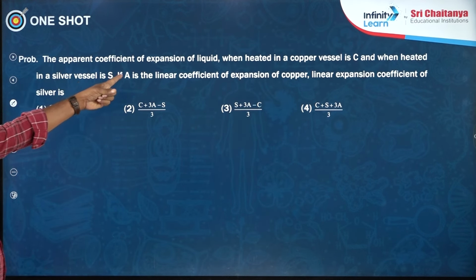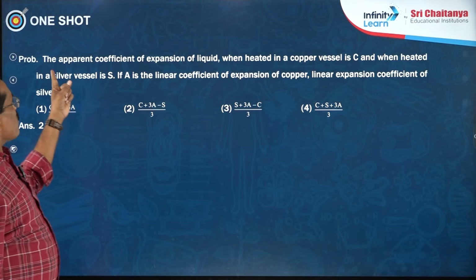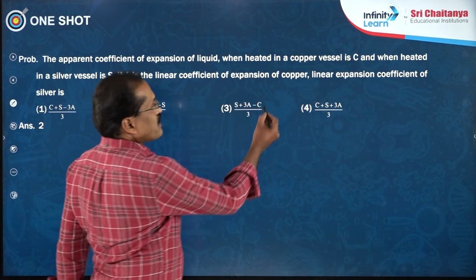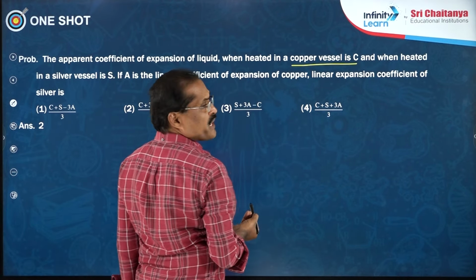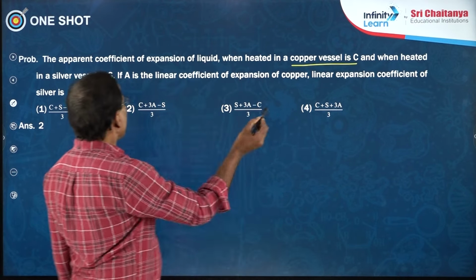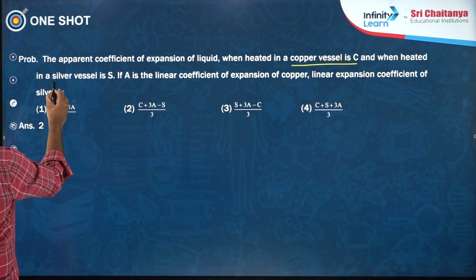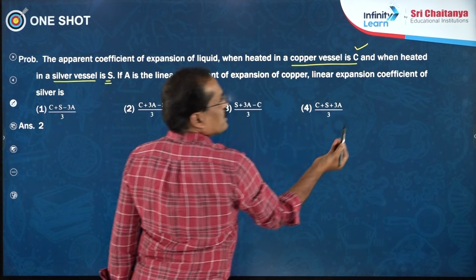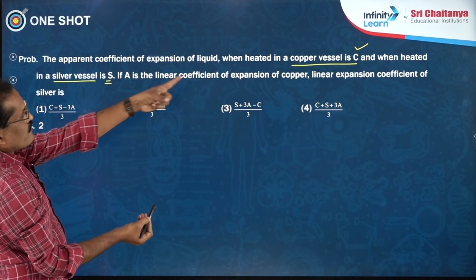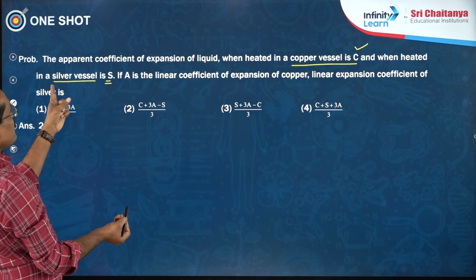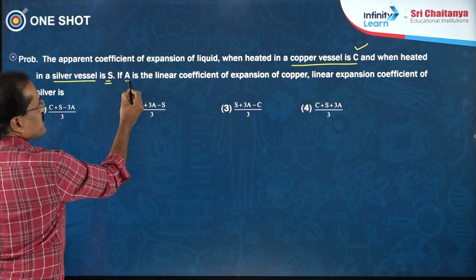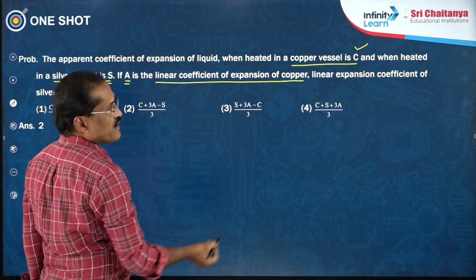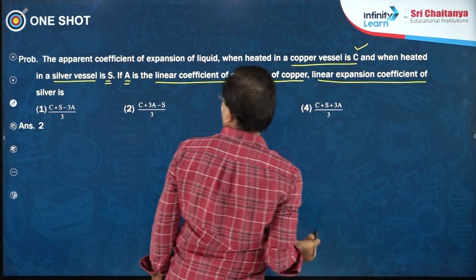The coefficient of apparent expansion of a liquid is taken in two different vessels. In a copper vessel the coefficient of apparent expansion is C, and when it is heated in a silver vessel, it is S. Point to be noted, the coefficient of apparent expansion in a copper vessel is C, and in the silver vessel is S. If A is the coefficient of linear expansion of copper,